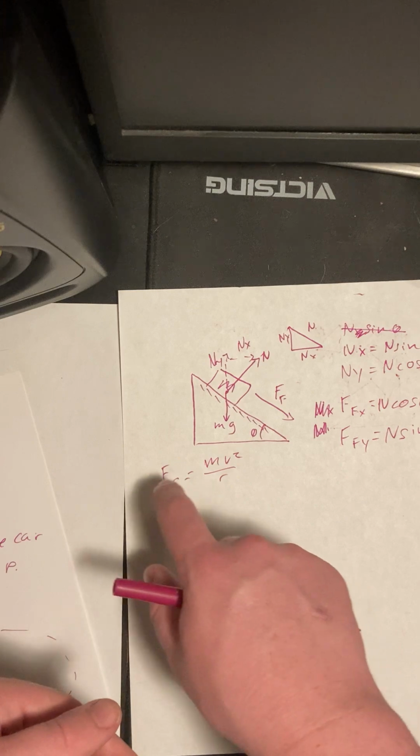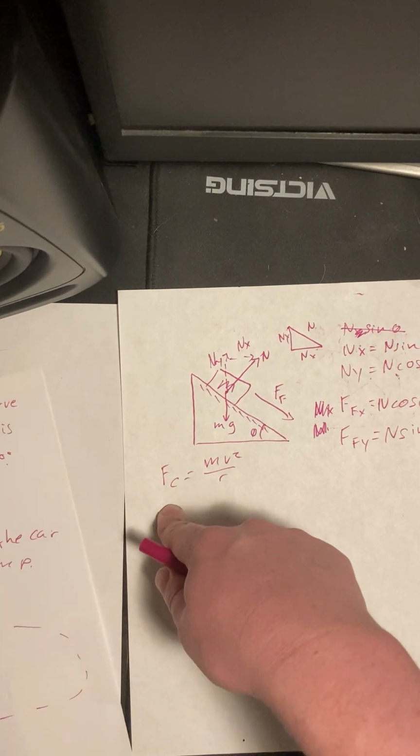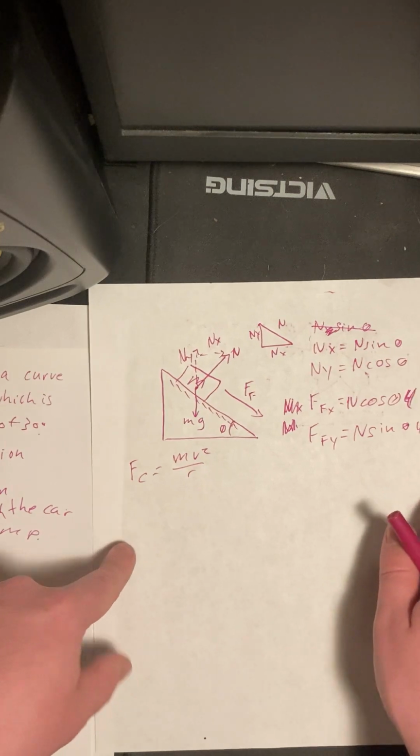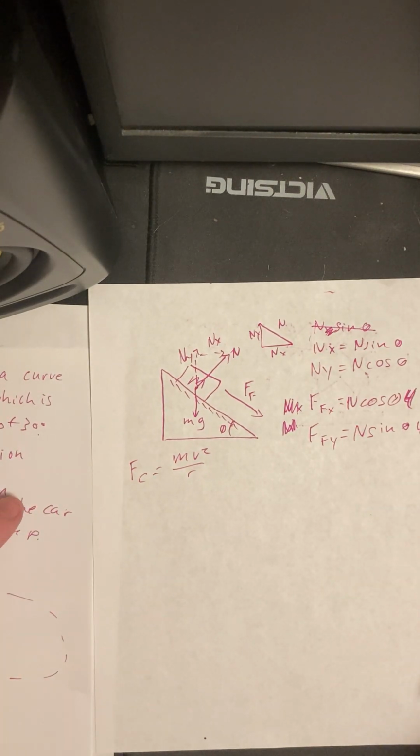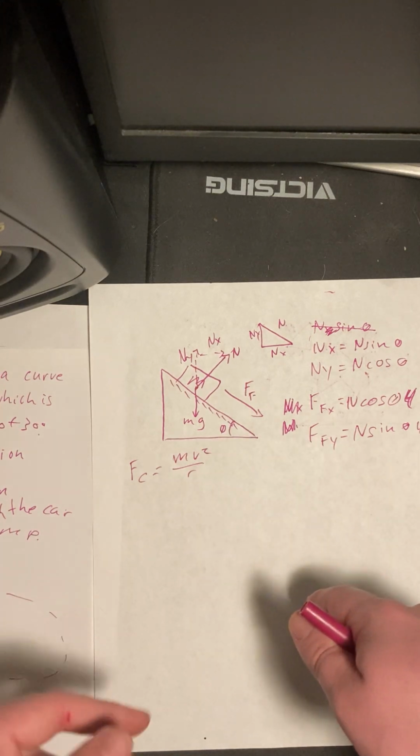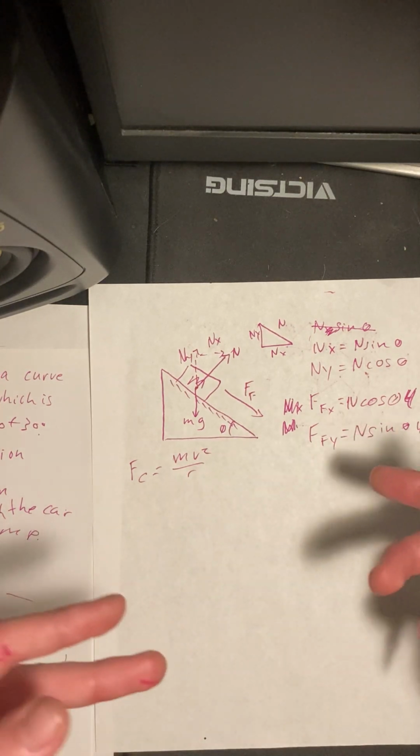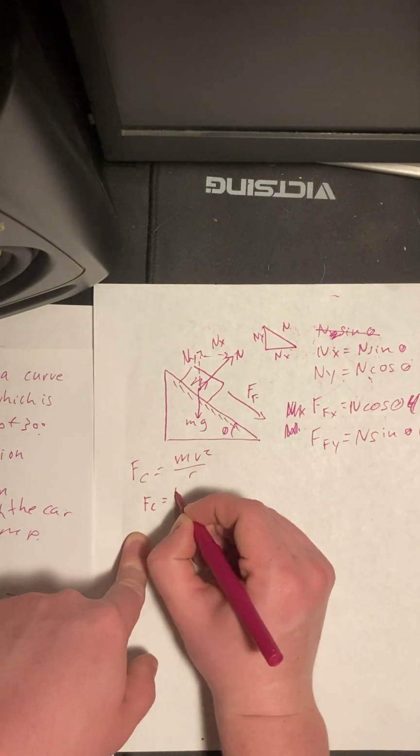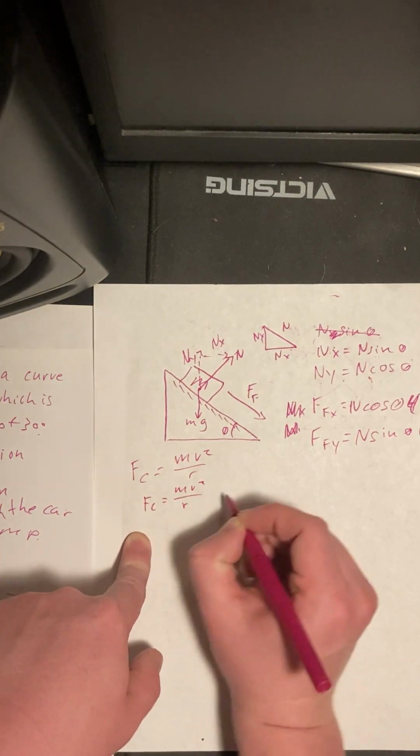So that's what centripetal force is related to. So we know this, and we have these components. But what we can look at now is the sum of all forces, because we're trying to find the velocity here. So we're going to say F_c, which equals mv squared over r,